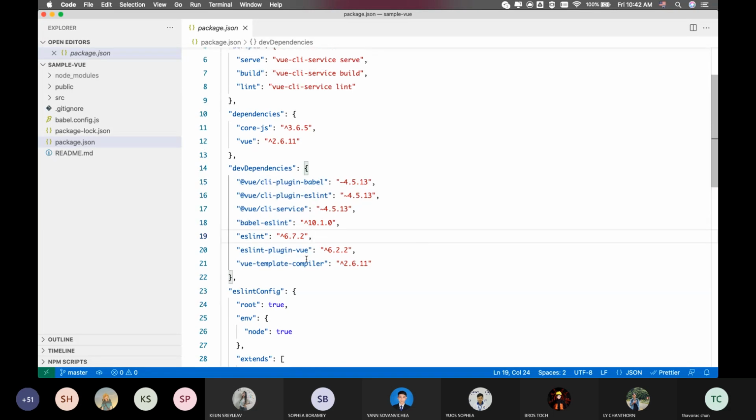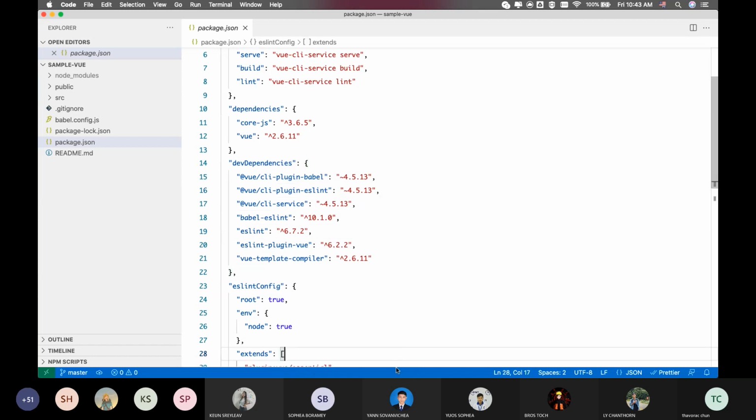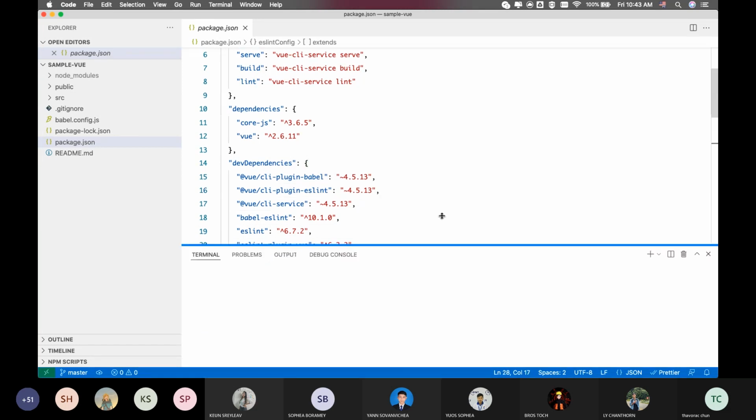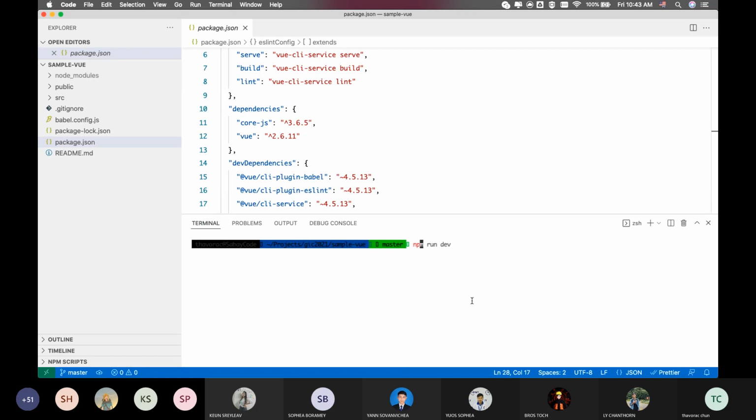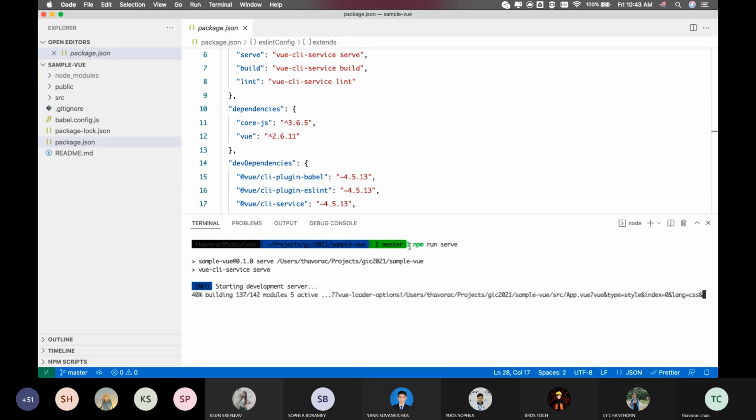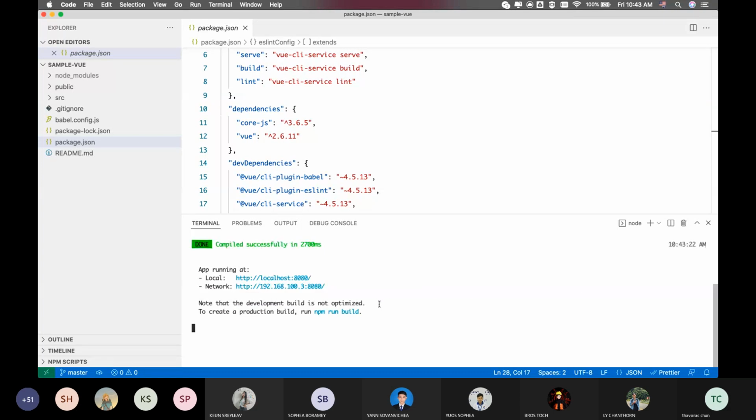You don't need to know what it is yet. It will be complicated. So just make sure you have all of this, and then you can run the command npm run serve. Okay. If everything is working fine, you can run this command npm run serve, and then it will deploy your application